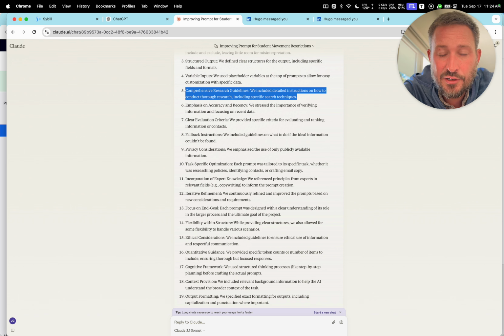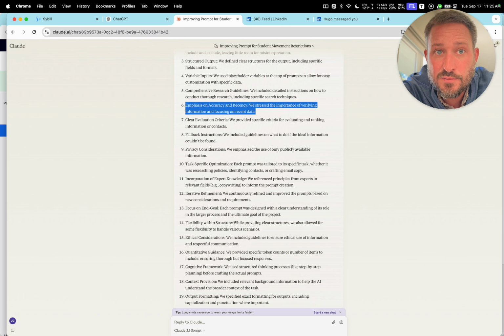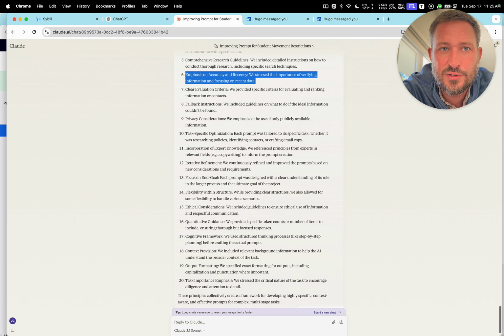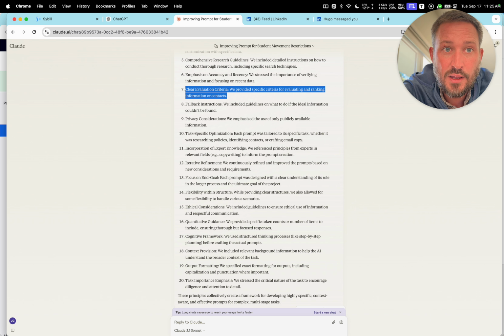Basically, how exactly to do the research. So I always feed it this Ahrefs blog about advanced Google search queries. I talk to it about different sites where it can find the information. Basically, I repeated myself: this must be accurate and it must be recent. So here are different ways for you to determine how recent this information is, because it'll pull stuff from 2007. The internet's a weird place.